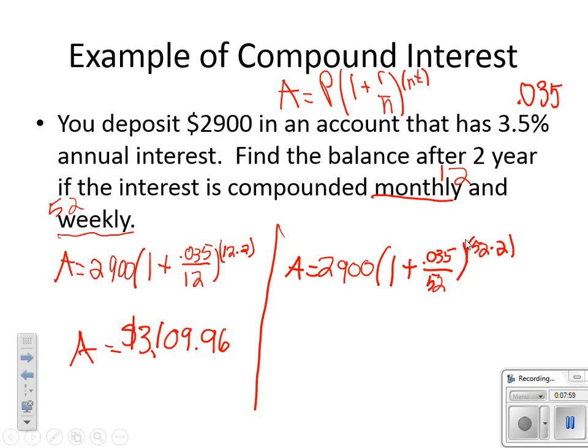So let's type that into our calculator, and we're going to be typing 2,900 times parentheses 1 plus parentheses 0.035 divided by 52, all to the 52 times 2. And our answer is A equals